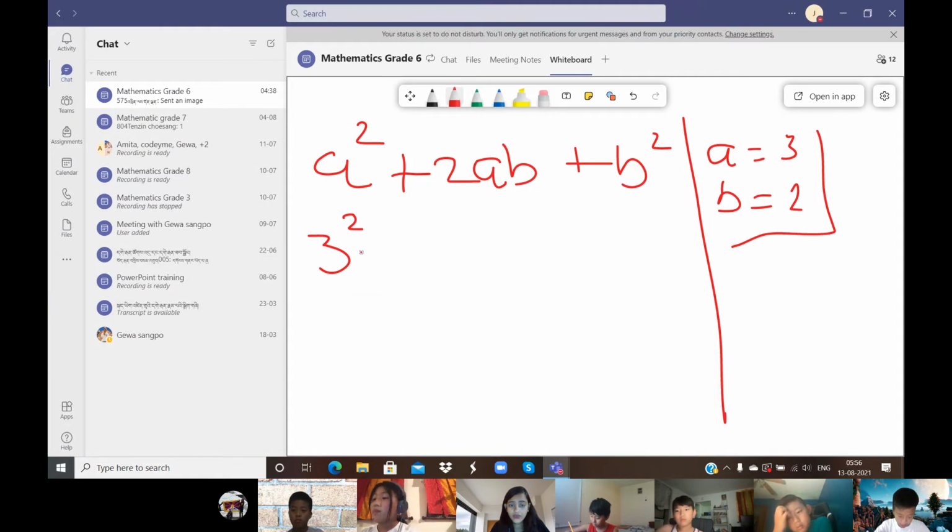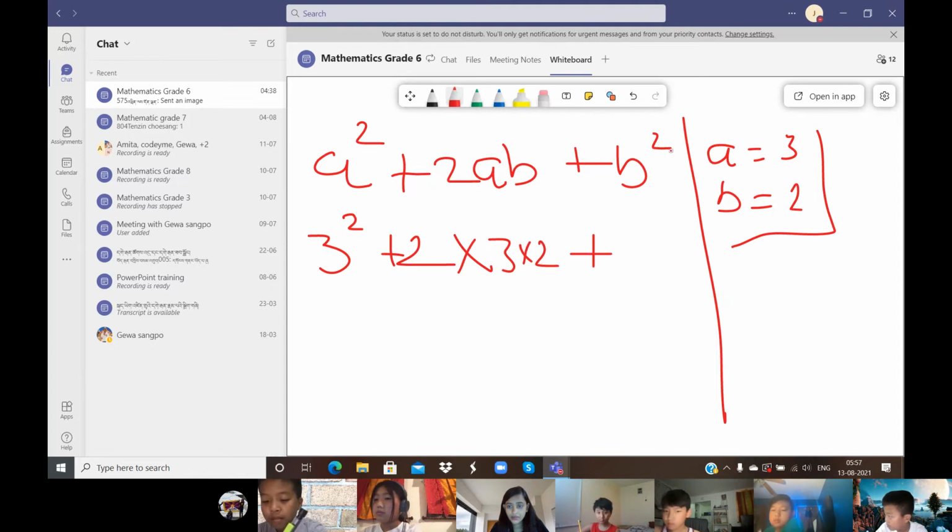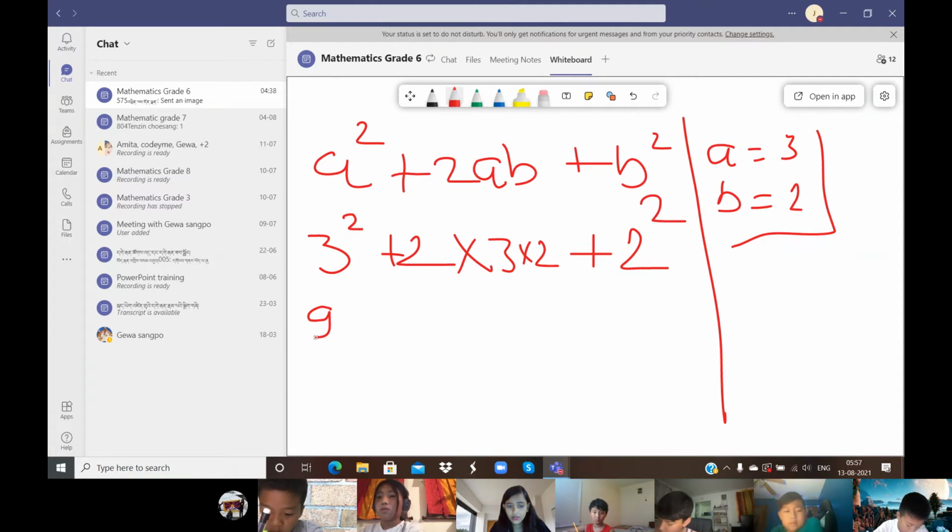So a square means 3 square plus 2 cross what should I write? I think 21. A is equal to 3, cross 2. Plus b square means 2 square. So what will be the answer? 3 square means 3 3s are 9. I did it a different way, I put 9 plus 12 plus 4. Wait, you do 2 3s are 6, 3 and 6, it's 12 plus 12. Plus 4. So your final answer will be 12 plus 2,